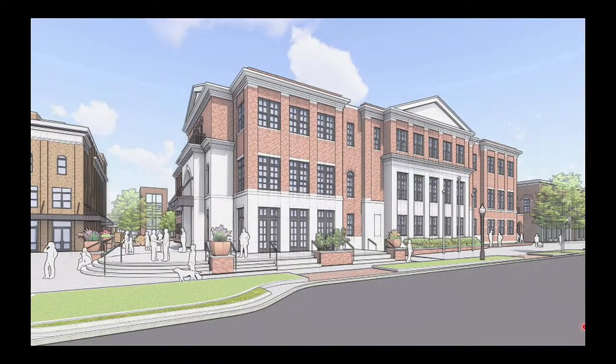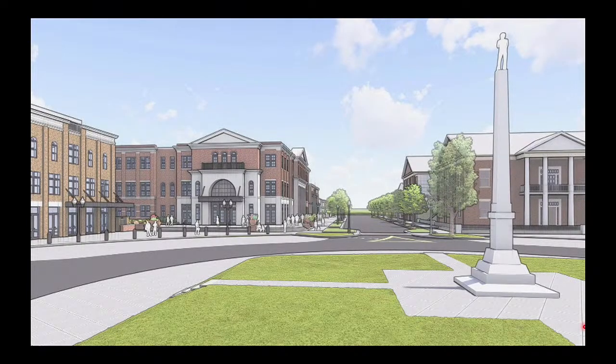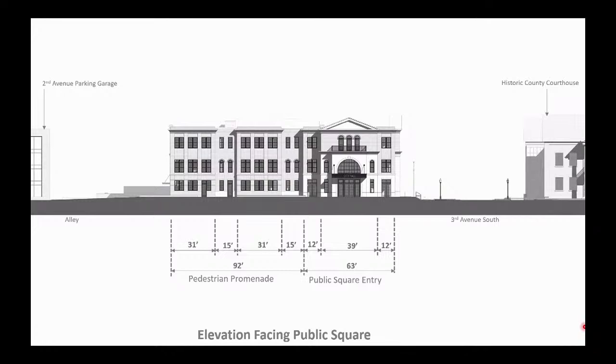And then on this next slide, you can see another view of the 3rd Avenue elevation, particularly the boardroom portion of this elevation. And you can see the plaza as it wraps around the square side to the 3rd Avenue portion of the elevation. You can also see the 2-story commercial in the background past the courtyard break. And then this view is an additional view of the entrance from across the square. And you can see it within the context of the 231 Public Square building on the left and the Williamson County Courthouse on the right.